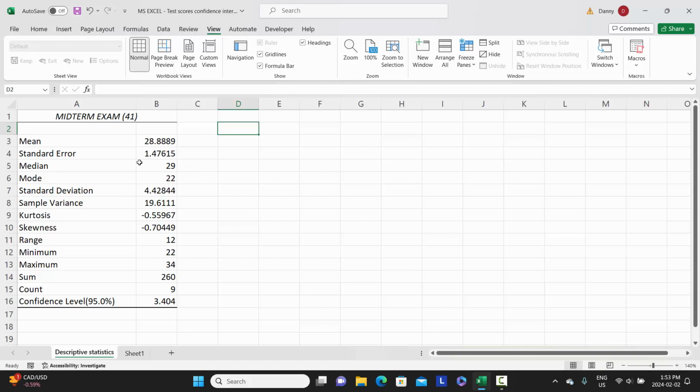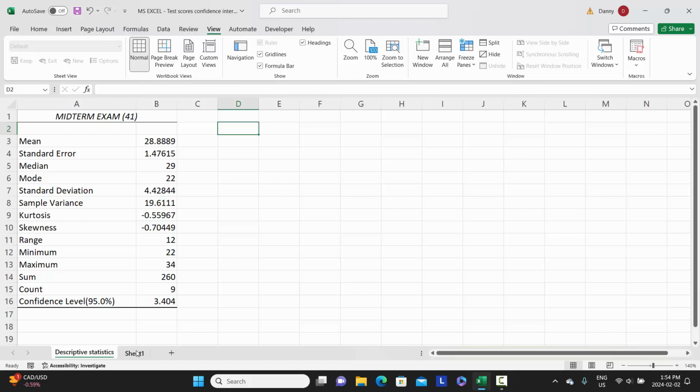Okay, so what we see here is that using that automated tool, Microsoft Excel will calculate the mean, the standard error, and will also give us the median and the mode, which we did not do in parts 1 and 2. We have our standard deviation. It also gives us the sample variance, the kurtosis, and skewness of those data. It provides the range, the lowest value, the largest value, the sum, the count, and the confidence level, the 95% confidence level of